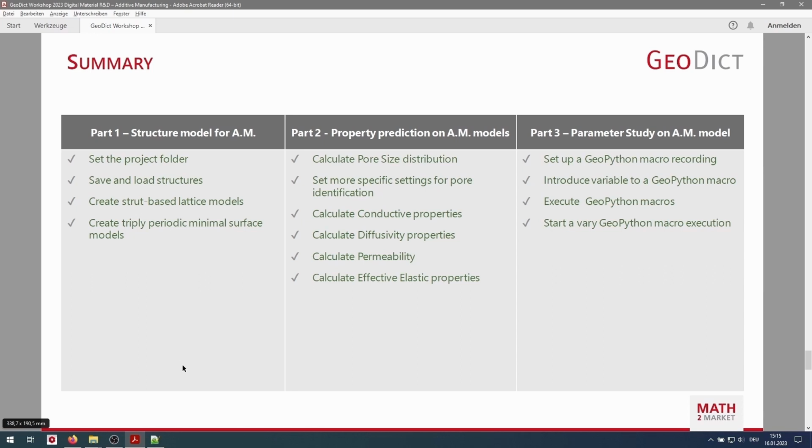In part 2, where the property prediction of additive manufacture was tackled, we calculated pore size distributions, we had a deeper look at more specific settings for pore identification, and we calculated conductive properties as the heat and the electrical conductivity. We calculated diffusivity properties, the diffusion coefficient, and the tortuosity factor. We also calculated permeability by doing a fluid flow simulation, and we calculate effective elastic properties by using the ElastoDict